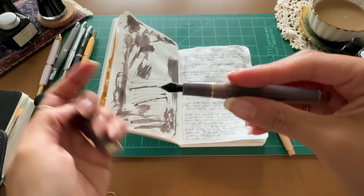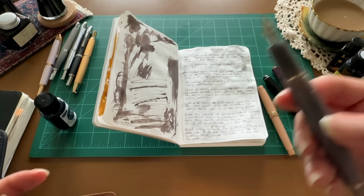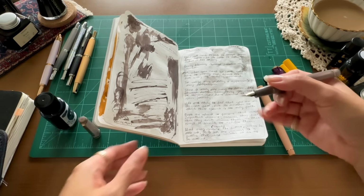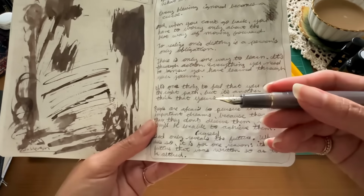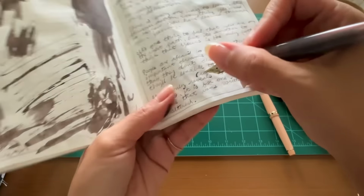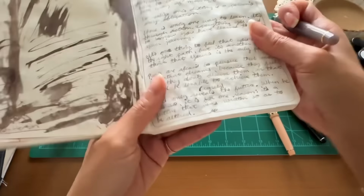Or no, actually, you know what? This is fine. Surprisingly, for a fine nib, this writes very wet. And it could be because maybe it's Jinhao. It could be because of the brand, but I like it either way. Actually, I should be doing it on this side, but